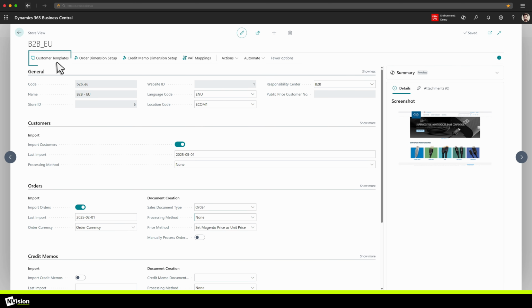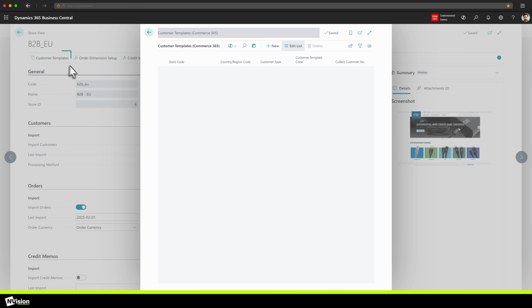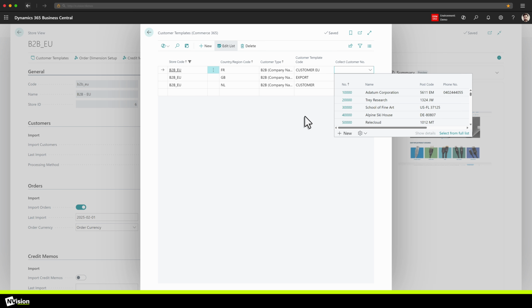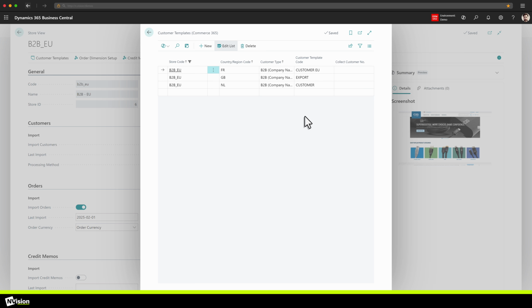What I do want to show you is customer templates, because this is quite powerful as well. As you can see here, per combination of store view and country code and customer type, you can define whether we want to actually create customer records based on a certain customer template, or do we file the orders on a collect customer number. And this is used a lot by our customers, and typically for B2B scenarios, so for